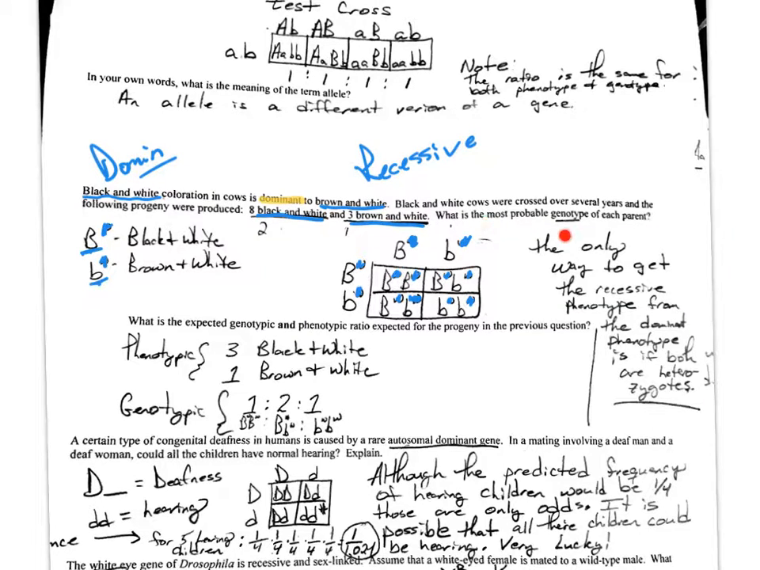All right, what is the most probable genotype of each parent? Well, that's easy. You can't get the recessive, right? You can't get, because they say you get 3 that are recessive. How are you going to get the recessive if the black and white cows were 100% dominant? If they were big B, you could not have any children that were